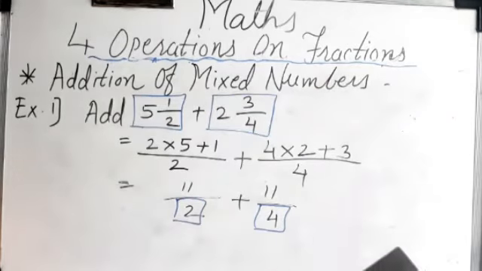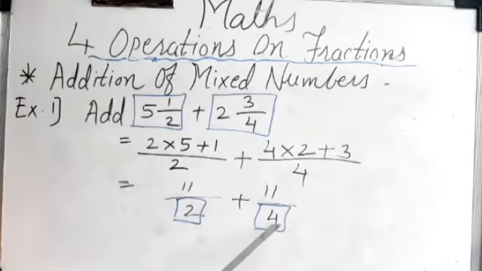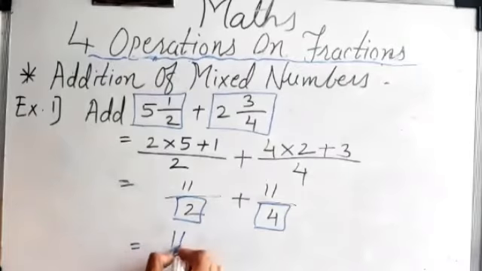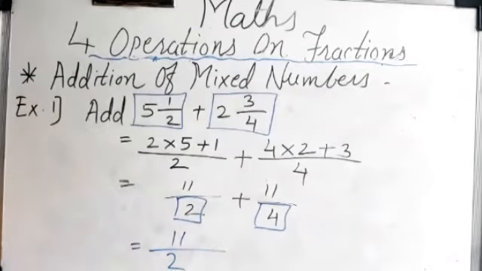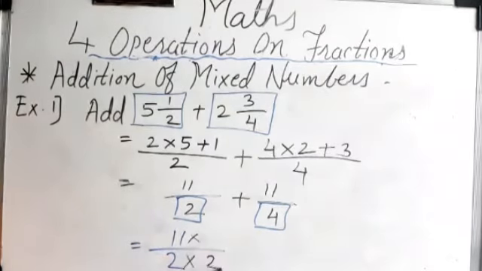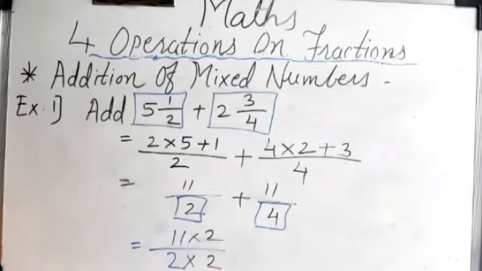Now, multiples and factors, these things you should remember. Multiples means that number should be there in that table. So 4 is there in the table of 2. Yes, 2 2s are 4. So for the first fraction 11 upon 2, I multiply the numerator and denominator by 2. If I multiply the denominator by 2, I have to multiply the numerator by the same number also. Then only the value will not change.